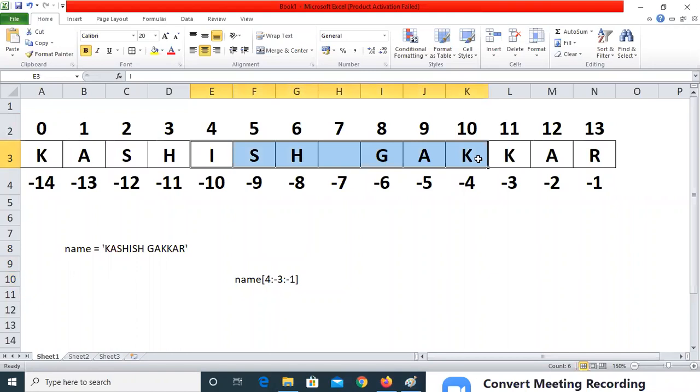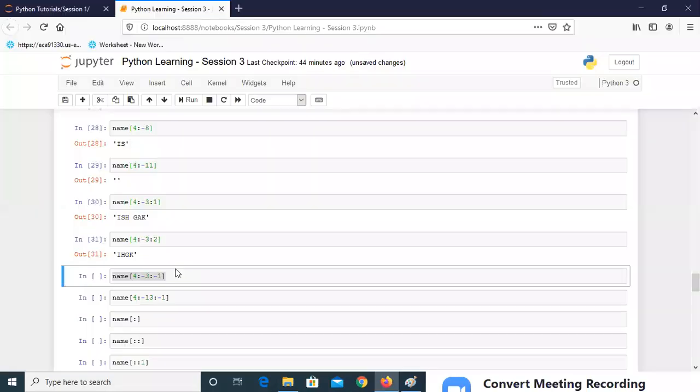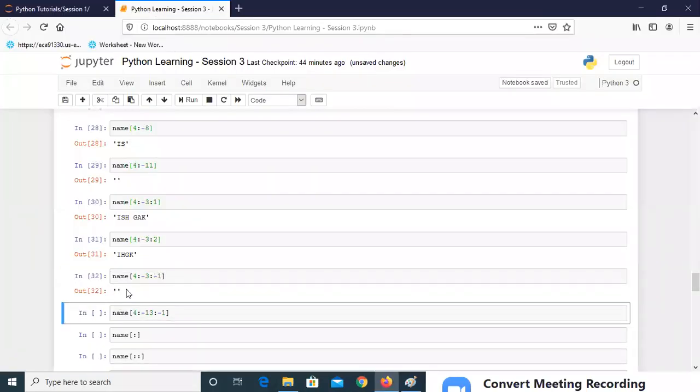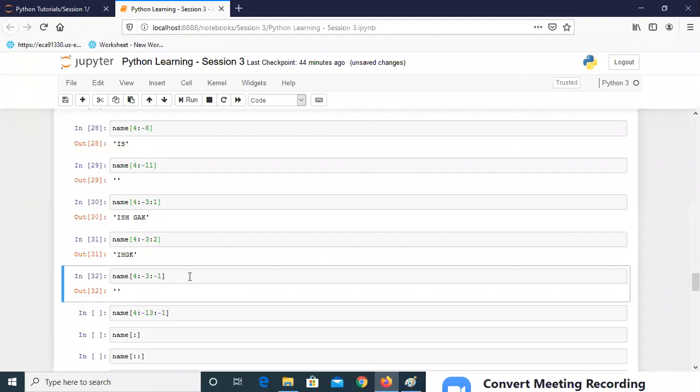But what I have written is that we should go -1, which means go from 4 negatively. Here, there is no ending position which is -3. So it will result as empty. Let me run this. You can see it is resulting as an empty string.